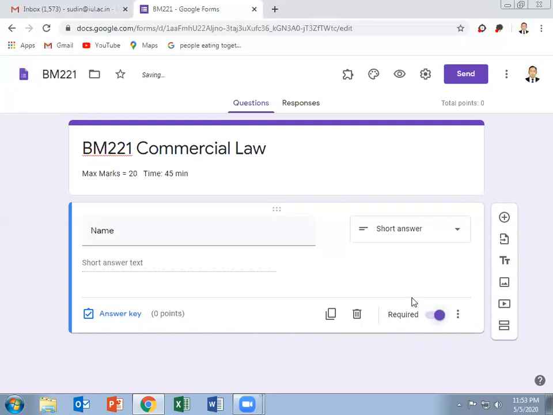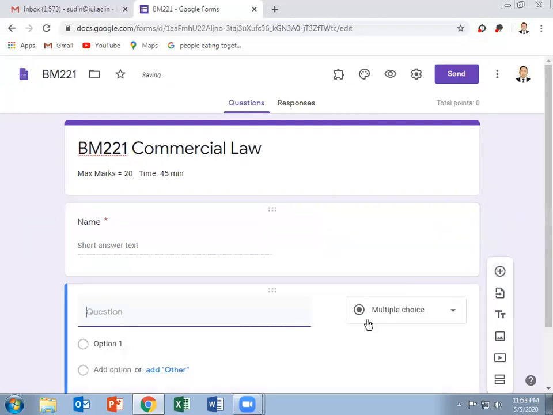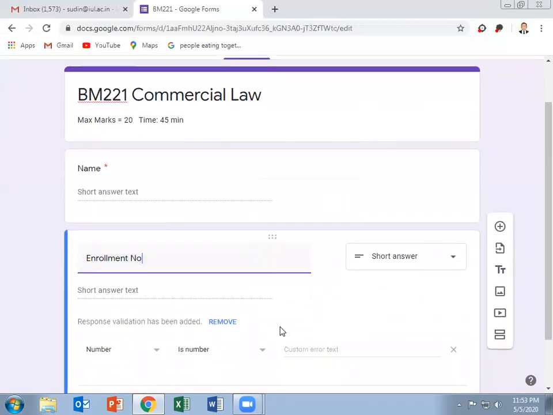So we have to click on this link where required is there. This means if we tick on this portion of the questionnaire, then the student has to fill his name, and before filling his name, he cannot submit the question. Then we have to ask enrollment number from the student, right?